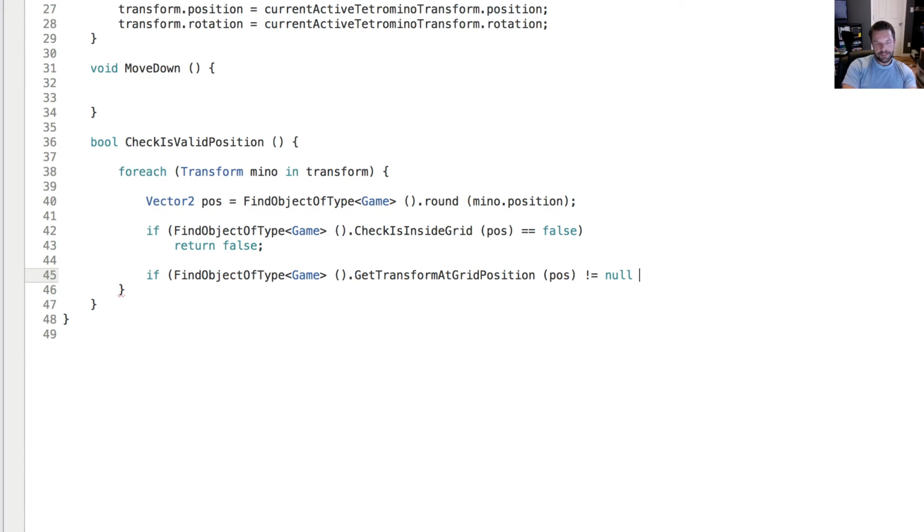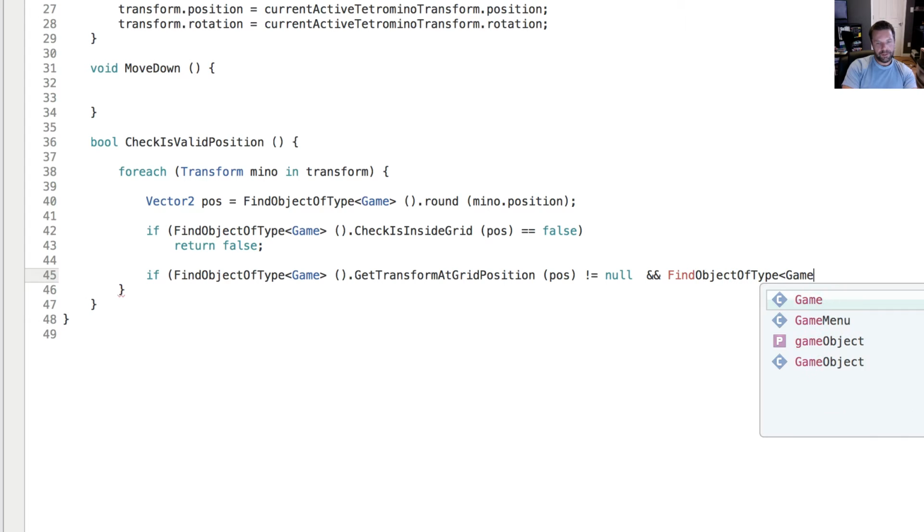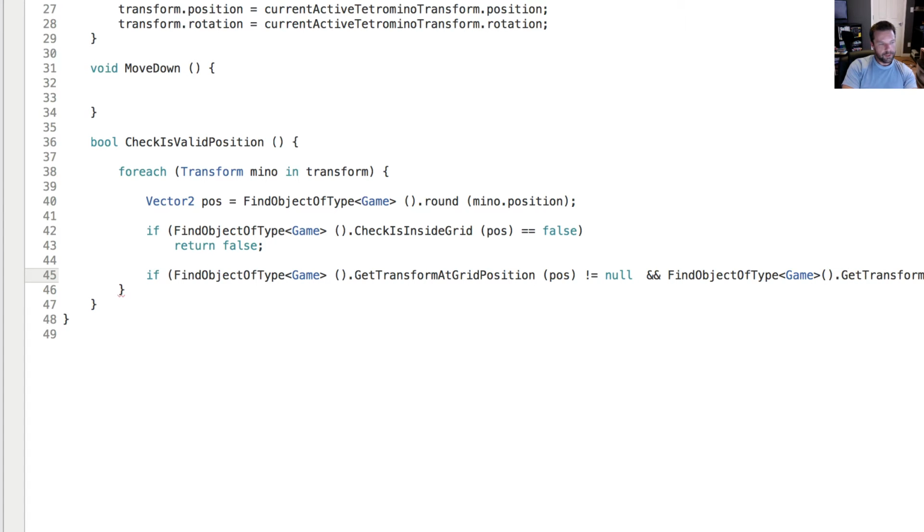Because if there isn't, then we don't even care, because we know that we're not interacting with anything because there's nothing there. And then the other thing we want to check is find object of type game get transform at grid position, position